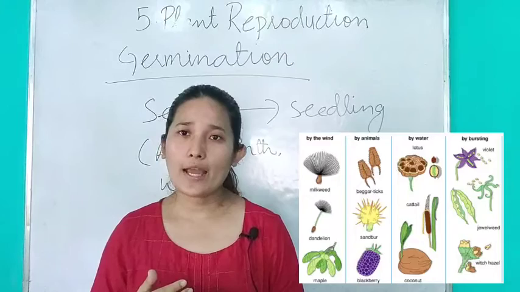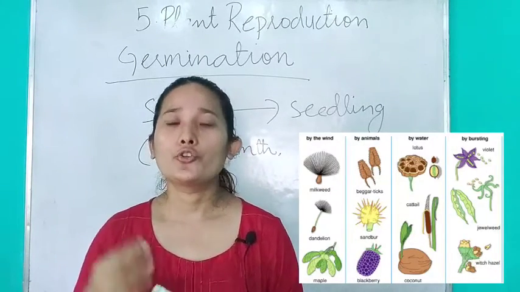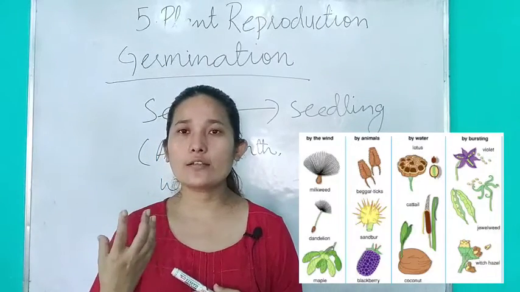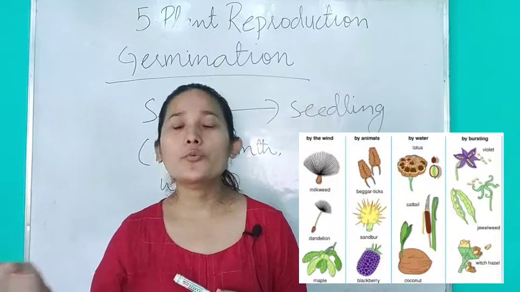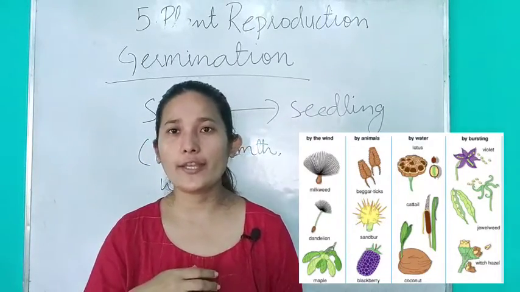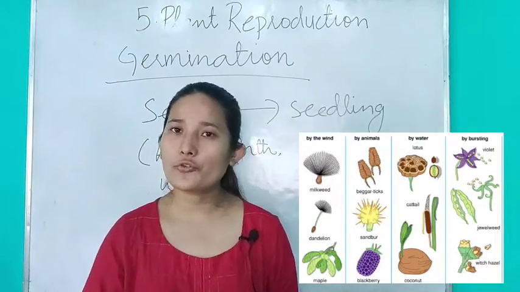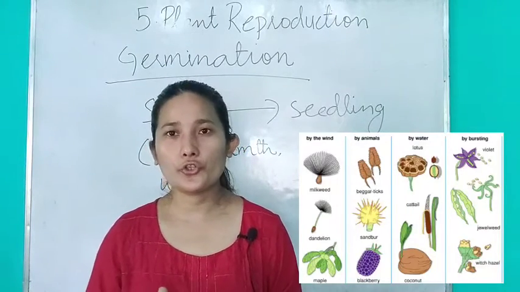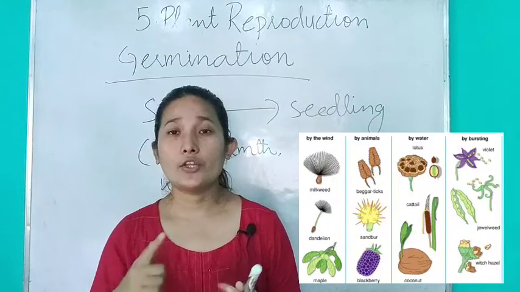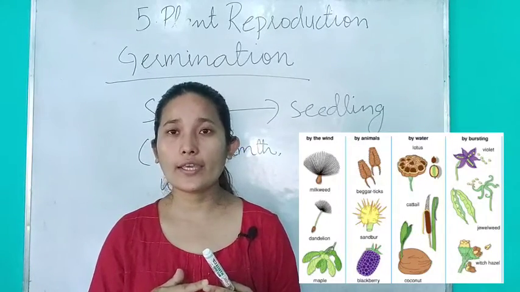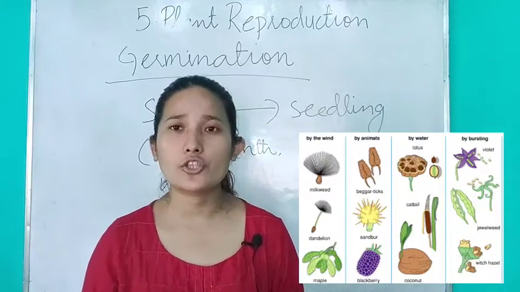Now some of the plants which grow nearby the water like coconut, date, the covering of those seed coats are very fibrous and spongy, because of which water will be carrying them from one place to another, and wherever the water washes that seed off there, if condition is met, it grows into a new plant. Water, air, wind, then animals, insects. All these are the agents of dispersal of seed.